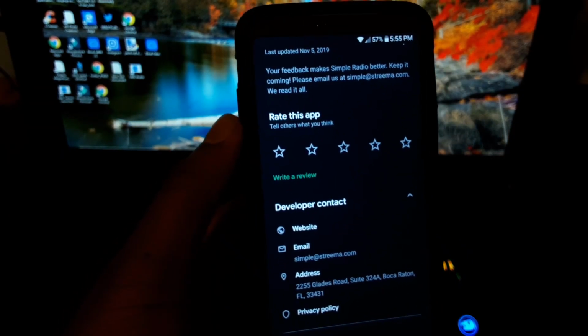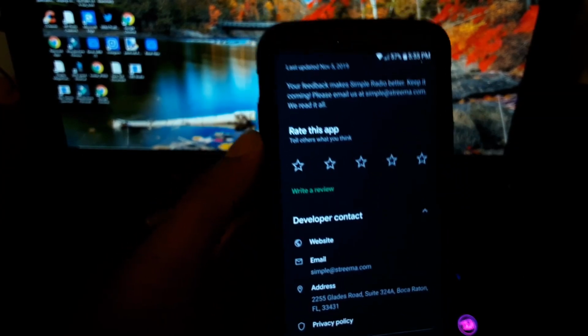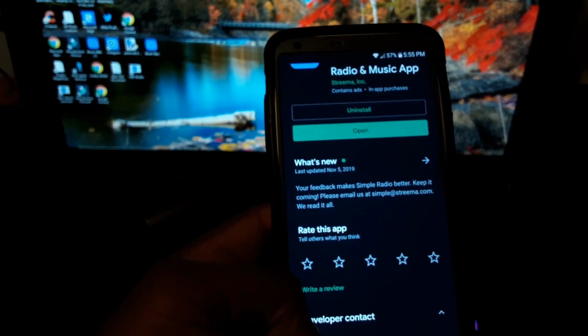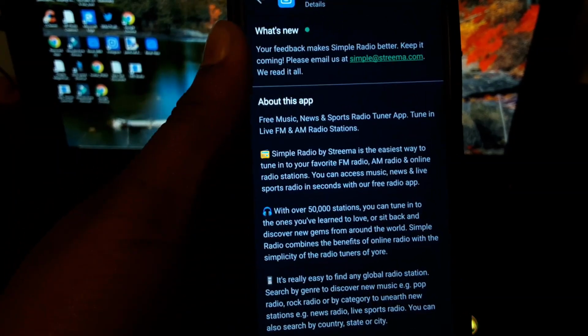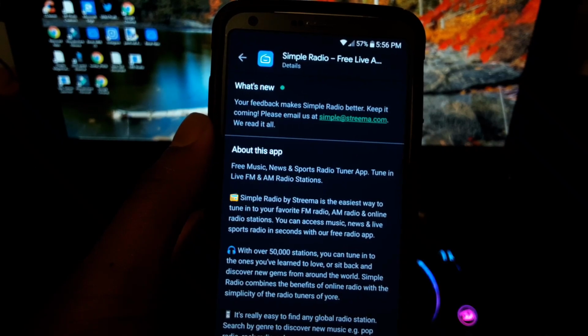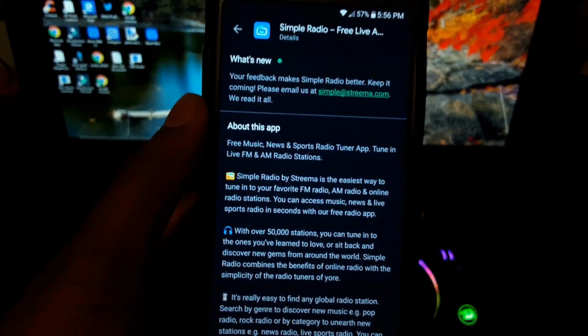I use this app most of the time. I barely even use an actual real radio, like with an antenna and all that. I just use this app. And this app is basically a free music, news, and sports radio tuner app, tuned in to live FM and AM radio